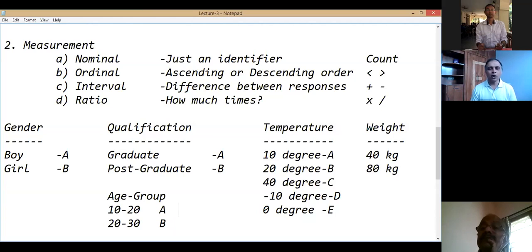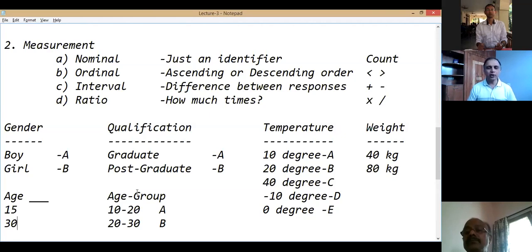Why so? Because in interval we can quantify the gap. Here we can't quantify the gap. So this one is ordinal. Please look for the most important thing. I asked the question, what is your age? Now this is the best way. Reason being, a person here says I am 15, another person says I am 30. I can say this person is exactly half of the age. Now it is ratio.